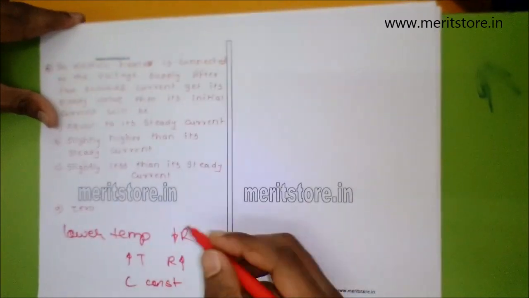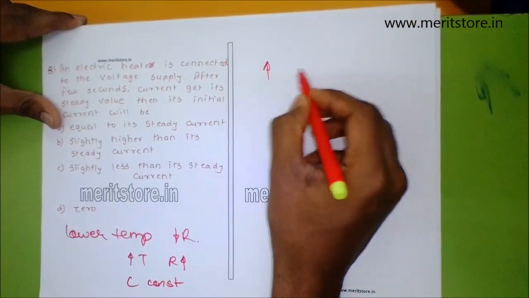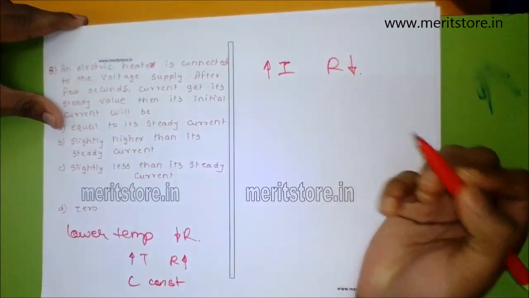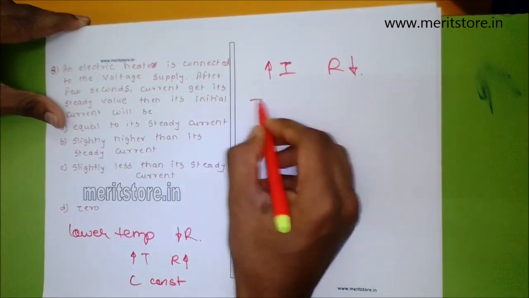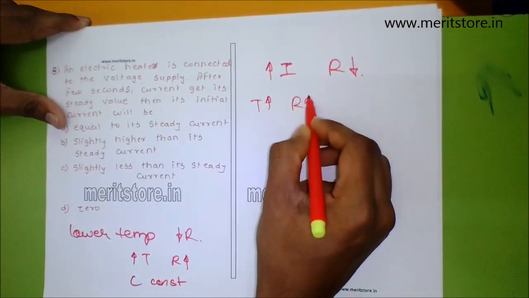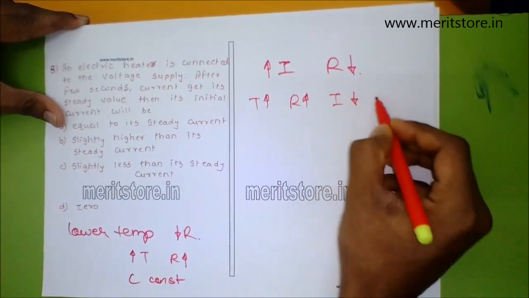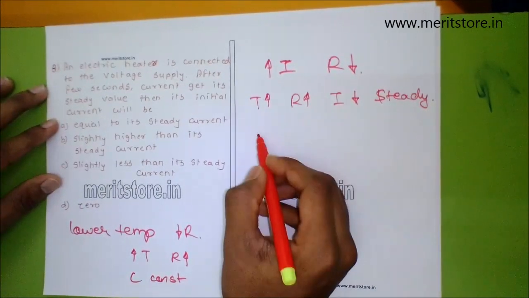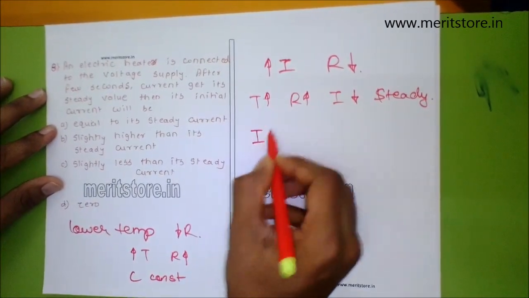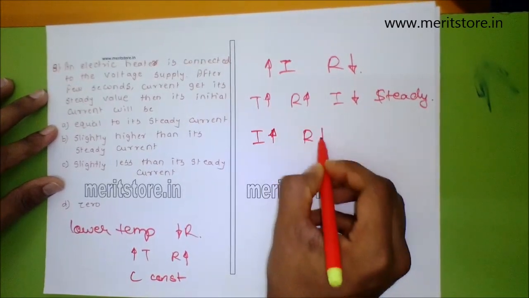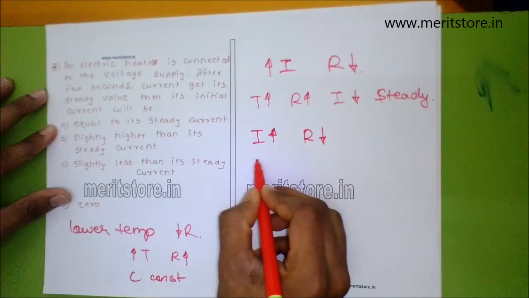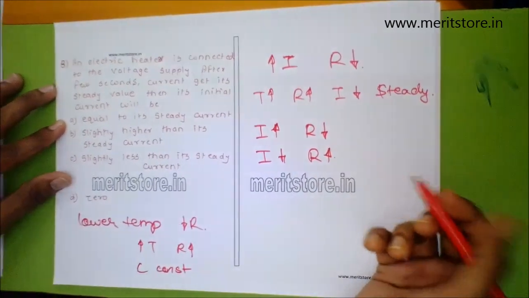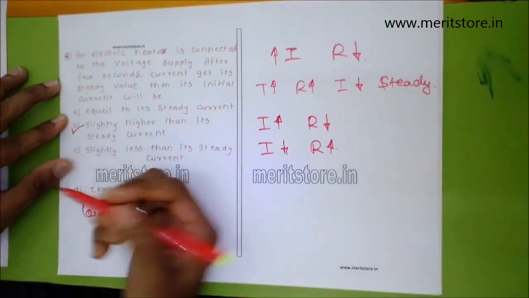So which means that initially the current should have been higher, since the resistance there was lower as compared to when the temperature got higher and the resistance also got higher. So the current would be low in the steady state. With this we can arrive at a conclusion that initially the current needs to be higher since the resistance is low, and in the steady state the current gets to a lower value since there is an increase in resistance. So the option B is the correct answer.